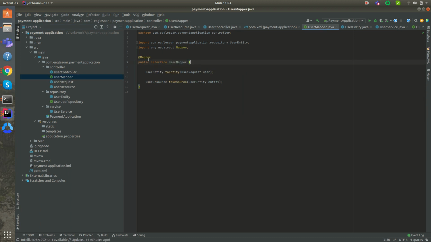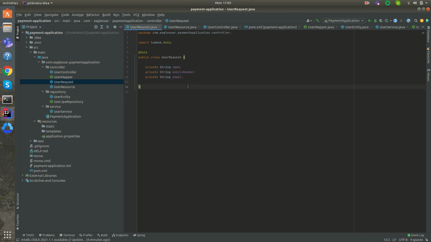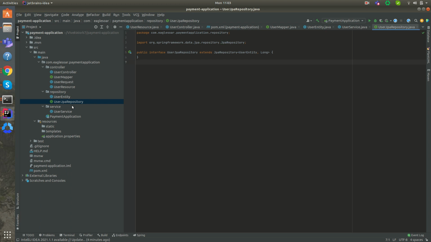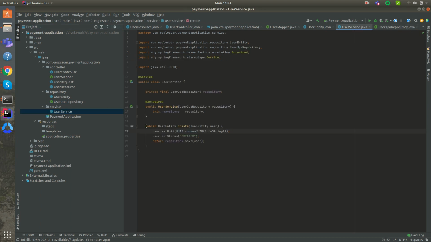For the mapper, we have the annotation ready, so the implementation will be automatically generated by the map constructor annotation processor. So we'll see the implementation later once this is compiled, okay? And then the third thing is that there is a user request and the mobile number and email. We are done with this, and then user resource also done. User entity, we provided the entity interface is done. We added the repository service as part of the service. We did the two things, and then